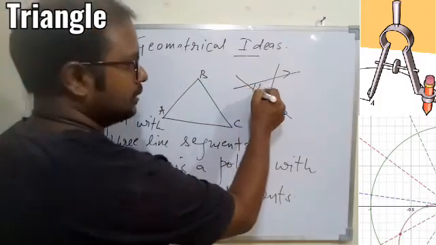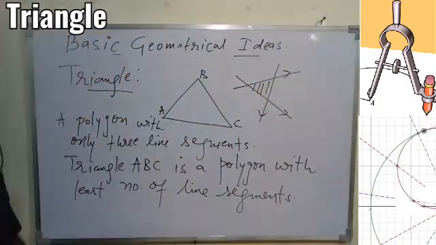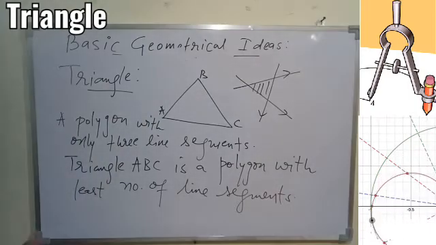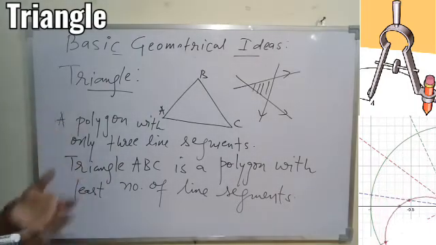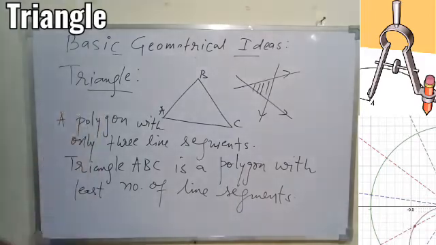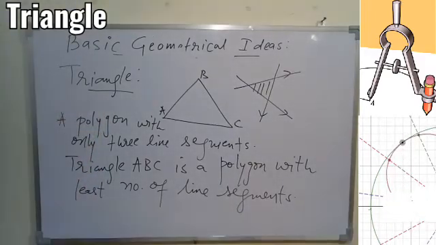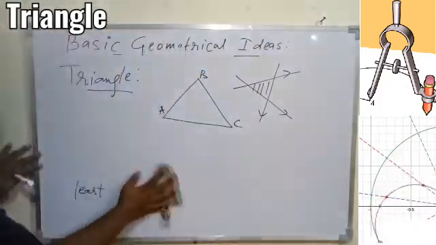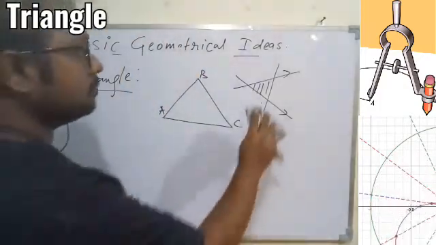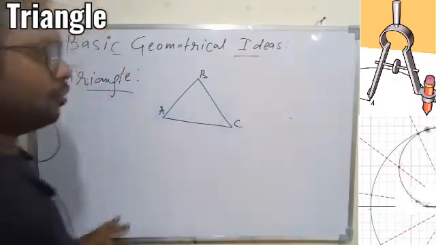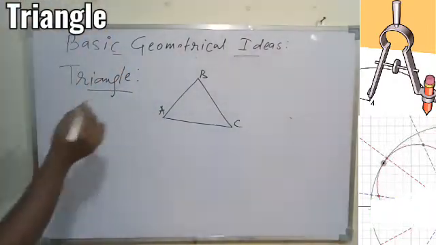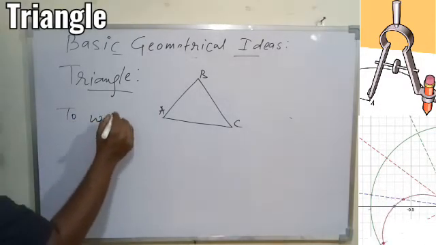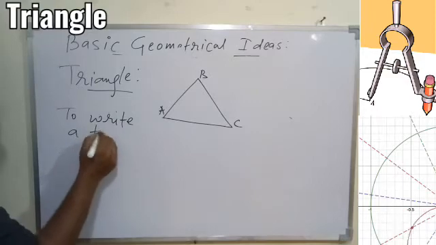So now we got a polygon here, that is a closed curve with line segments, and that is given the name triangle. So now triangle is basically coming from 3 angles, you understood now. So now we will talk about this properly. So this is one thing you have to remember. So triangle is the polygon with the minimum number of line segments. Okay, so one more thing you should remember, to write our triangle.